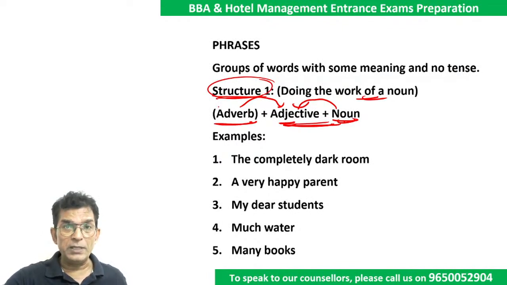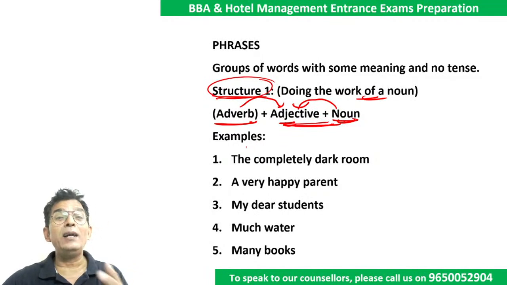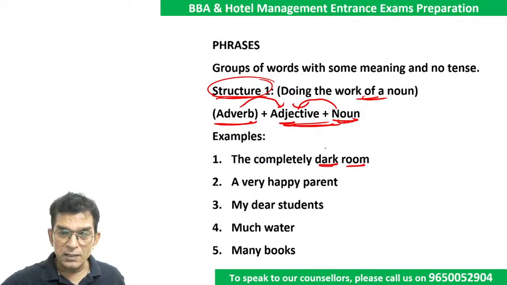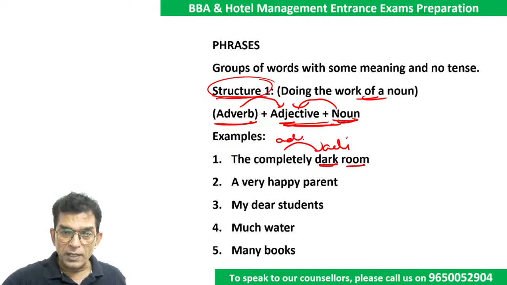The adverb may be there, the adverb may not be there, but the adjective and the noun must be there for it to become a noun phrase. Okay, and then I'll tell you why it's important. You see, the completely dark room. Room is the noun, dark is the adjective. Completely talks about the adjective, therefore this is an adverb, and "the" talks about "completely", therefore this is also an